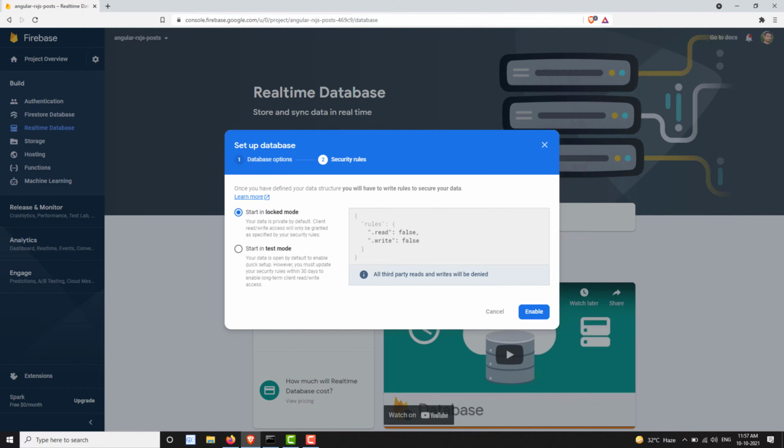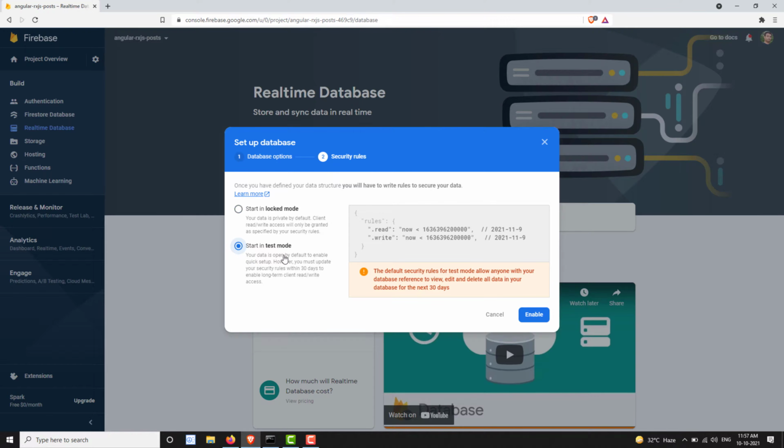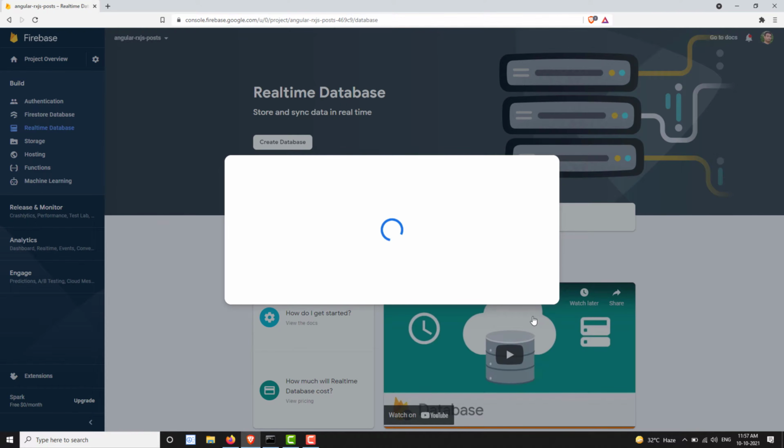Then it asks whether I need to start in locked mode. Locked mode means nobody can access it, so you need an authentication rule set up. Right now I will keep it in test mode so that everyone can access it. Let's enable it, and it will take some time to create the database.